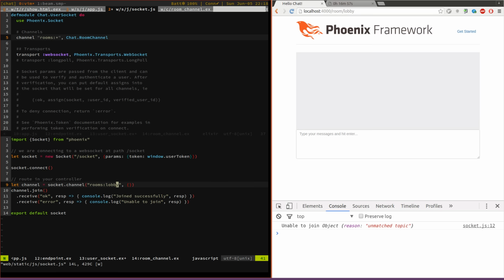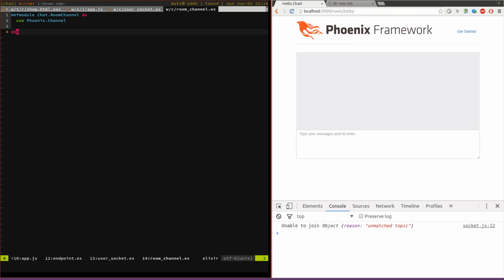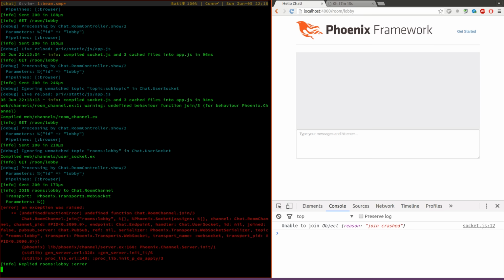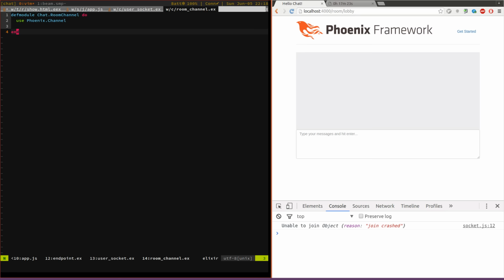Okay, and when we do that, we don't have anything in the room channel. So if we refresh this page to try to connect to our room channel, it says unable to join, and it says join crashed. Now if you take a look at our logs, it says undefined function chat room channel join. So when you have a channel, you're supposed to define at least 2 callbacks. One of them is the join method, which takes 3 arguments,